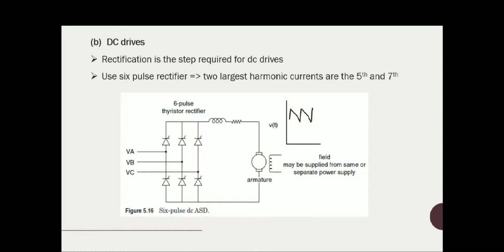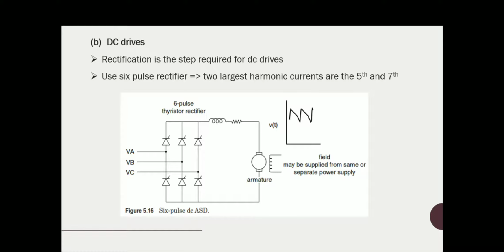Therefore, they have the advantage of relatively simple control systems compared with the AC drive system. The DC drive offers a wide speed range and higher starting torque. And this particular DC drive, shown here, is a 6 pulse adjustable speed drive. A 3-phase controlled rectifier is used, and the largest harmonic current components present in this rectifier are the 5th and 7th. Most of the DC drives are using a 6 pulse rectifier,